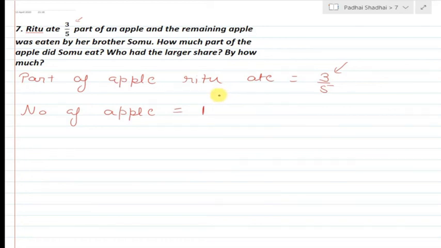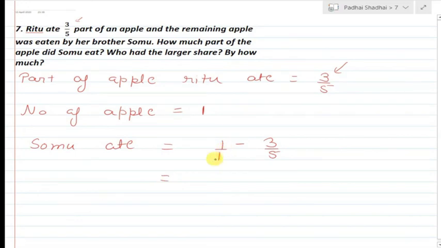So we have to subtract the part eaten by Ritu. So the part eaten by Somu is equal to 1 minus 3 by 5. We have done this type of sum earlier also, so we will put 1 as there is nothing in the denominator. Now taking the LCM of 1 and 5,